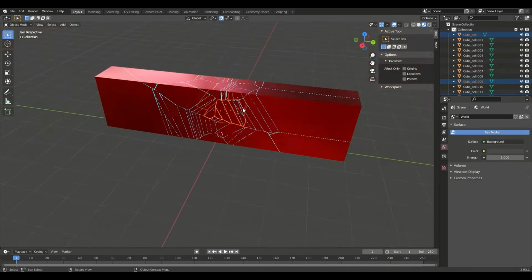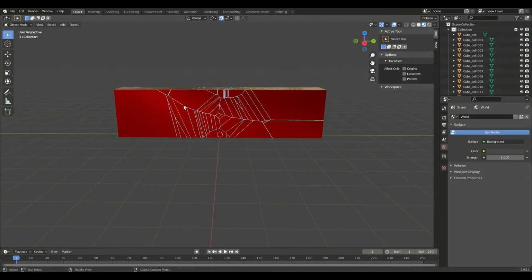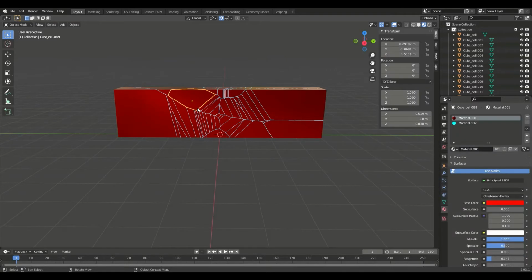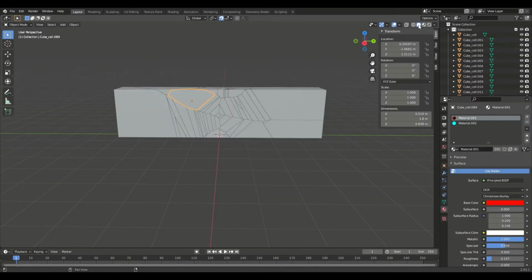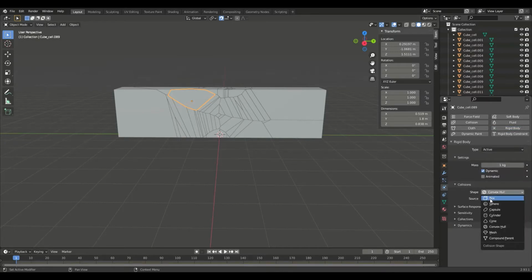Okay, so now you want it to have physics. So the first thing you're going to do is click one of your objects. And then you can go to the physics tab, which is the dot with another dot orbiting it, just in case you don't understand these symbols. And you're going to click on rigid body. That means a rigid piece of an object. So we can just leave the shape at convex hull. That's usually the best for this. And then this is fine. These settings are fine. We'll change this later.